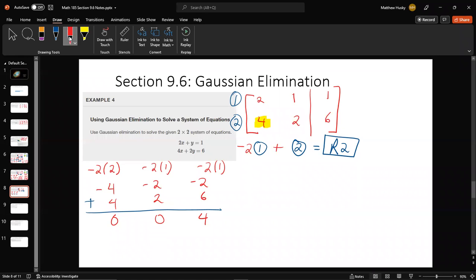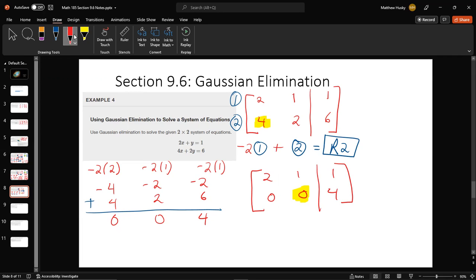So what ends up happening here, we've got 2, 1, 1, and then you've got 0, 0, 4. Now, this is a bit of a problem because the goal is to have that number be a 1. And so there's not really a way to use a scalar to turn that into a 1. Furthermore, if you were to turn it back into a system,